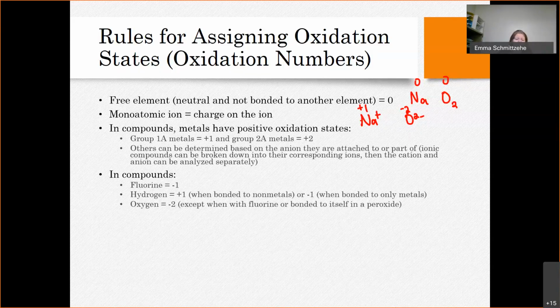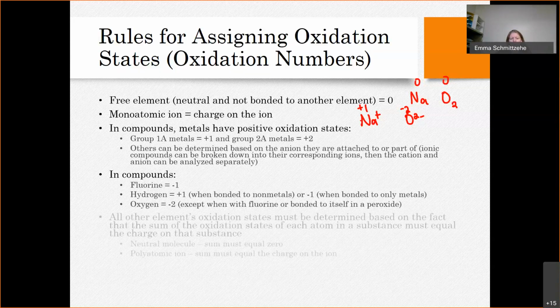There are some cases where that's not true. If it's bonded with fluorine, fluorine can force oxygen to be positive, since fluorine has to be -1, or when it's in a peroxide type compound, which we won't really deal with, so you don't have to worry about it. So for the most part, unless oxygen's bonded to fluorine, you should assume it's -2 in a compound. Okay, next up,